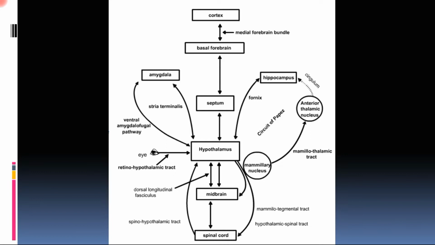So the hypothalamus, by sending its efferents to the dorsal vagus nucleus in the brainstem and the intermediolateral horn in the spinal cord, stimulates either the sympathetic or the parasympathetic function. That is how the hypothalamus, when it receives information from a wide area of the brain, controls the sympathetic and parasympathetic balance in our body.